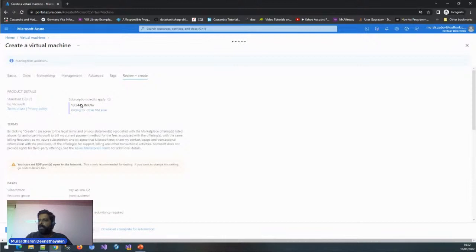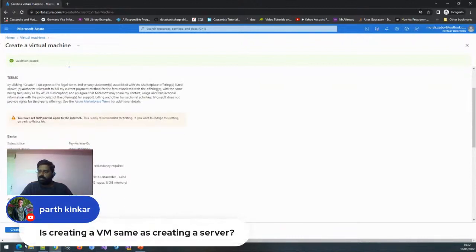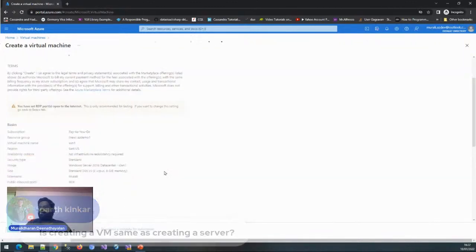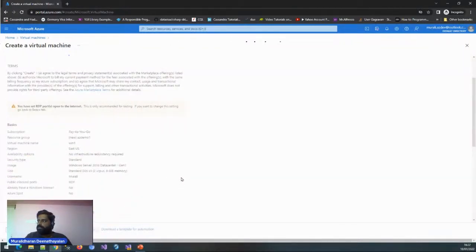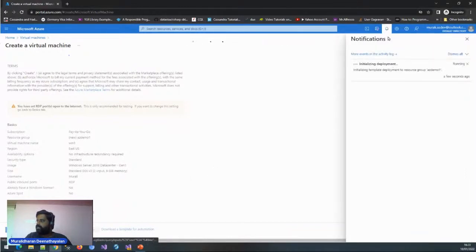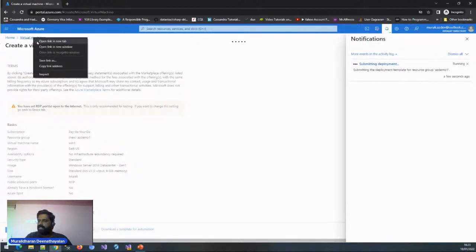So it gives me the hourly rate as well. If I run this machine per hour, it gives me around 13 rupees. Then I'm creating it. So we can see the status here. When you click the activity, it gives all the details. So in the meantime,